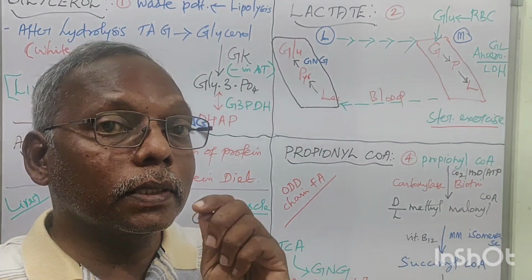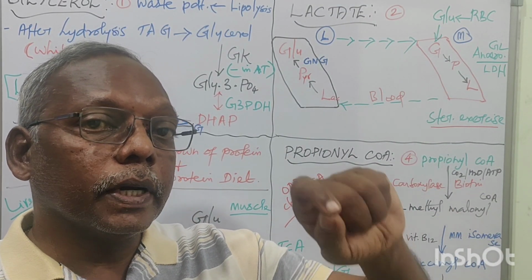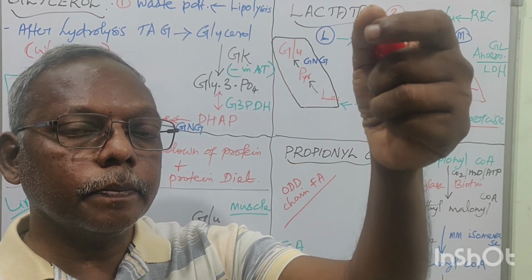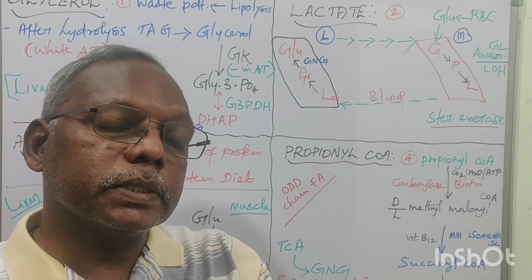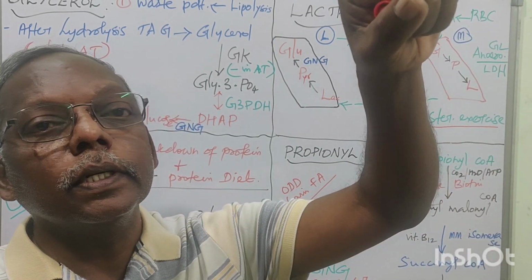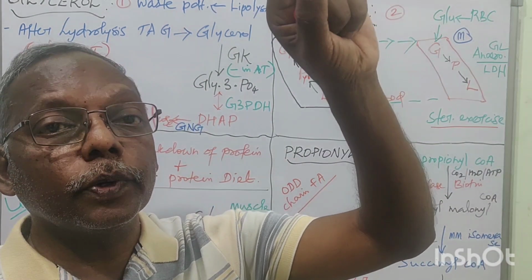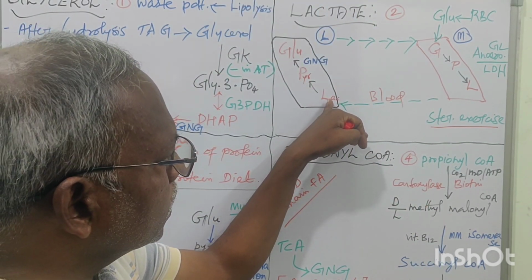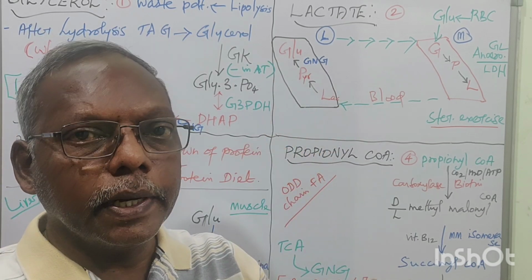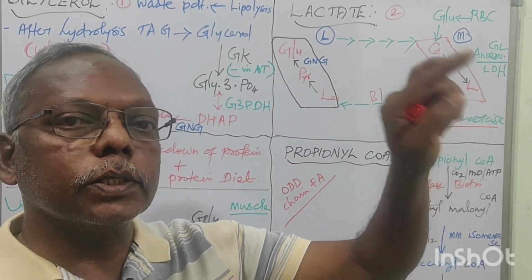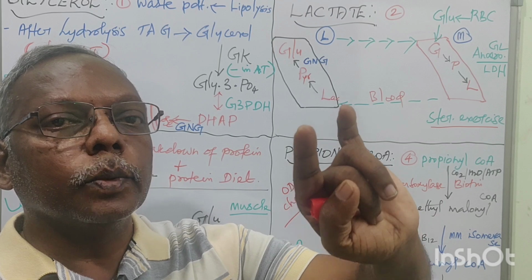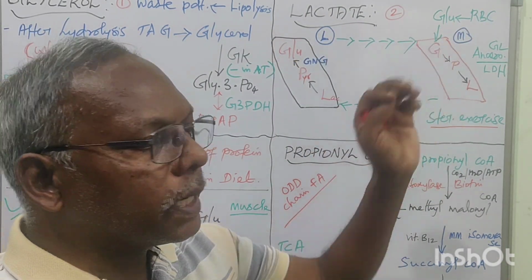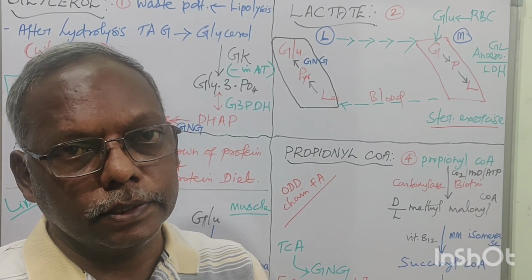You all know that in the TCA cycle, the final end product is oxaloacetate. That oxaloacetate is synthesized from pyruvate. This oxaloacetate is present in mitochondria, and is shifted to the cytosol and produces phosphoenolpyruvate. These are all the glycolysis steps. But you should know the lactate is converted into pyruvate. This pyruvate again enters the gluconeogenesis pathway and finally produces glucose. This glucose is again transferred to muscle for its energy.